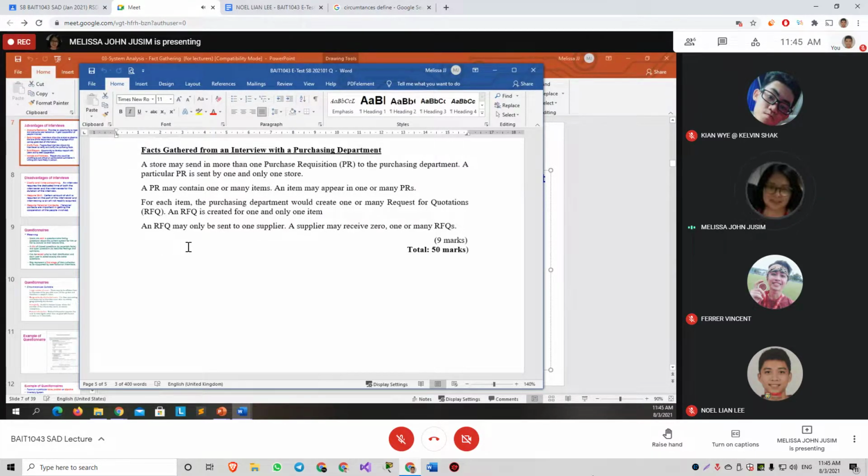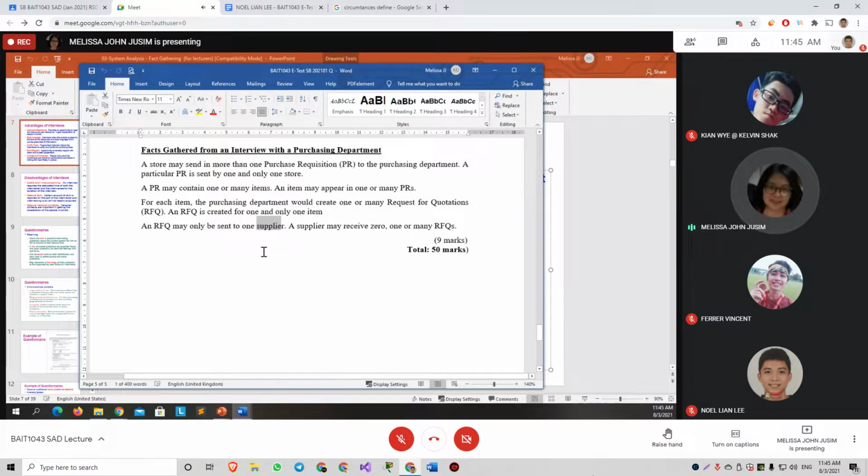Okay, so you will get 5 marks for 5 entities. It's very clear here. The store one, the purchase requisition two, and then item three, and then RFQ four, and then supplier five. Okay, 5 entities, you get 5 marks.